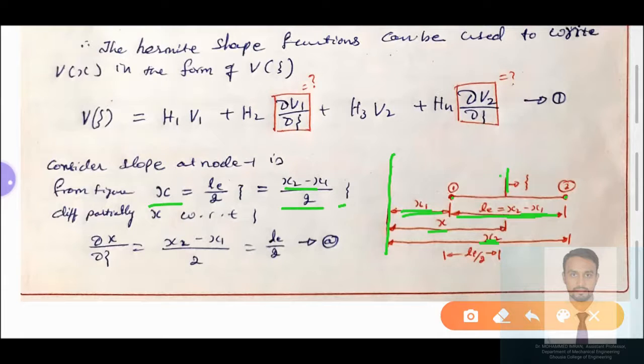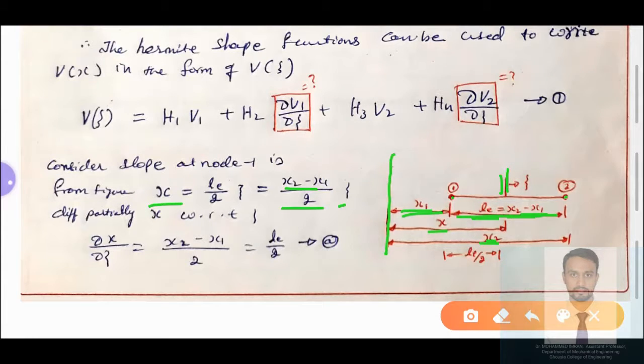What does it mean? At the midpoint, the deflection takes place in a simply supported beam. When we apply the load at the mid, the maximum displacement occurs at the mid of the beam, right? So that means the effect takes place with respect to plus or minus 1 at the midpoint. Then LE by 2 corresponds to minus 1 of zeta, and LE by 2 corresponds to plus 1 of zeta. The positive 1 value affects half of the element of the beam, and the negative value affects the other half of the element from the midpoint.